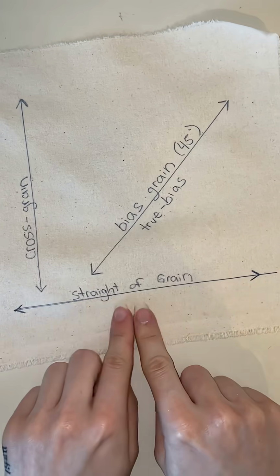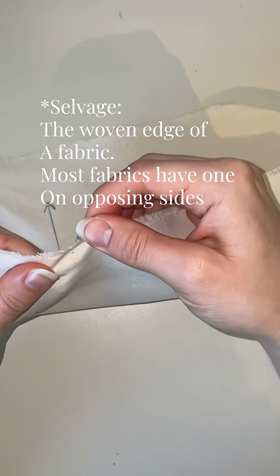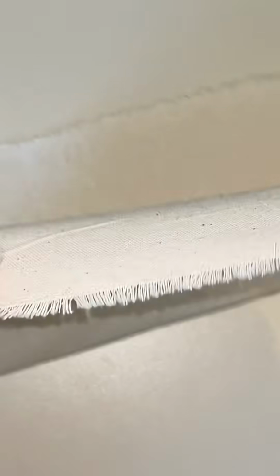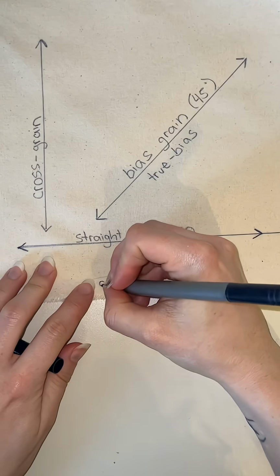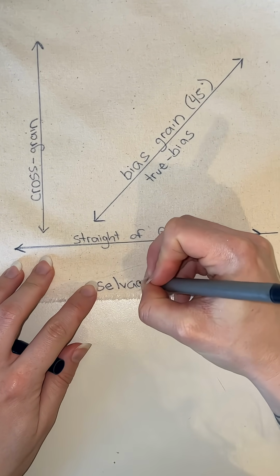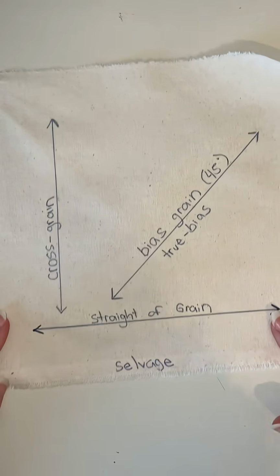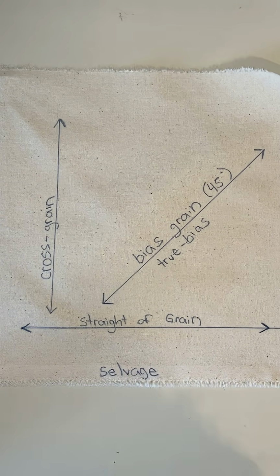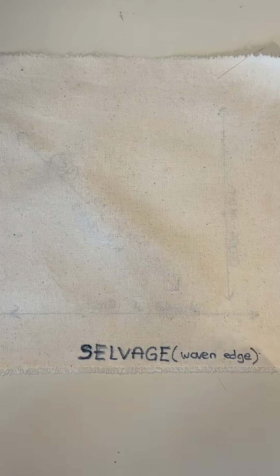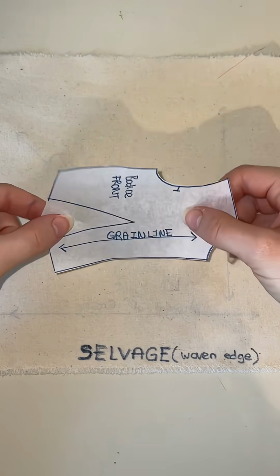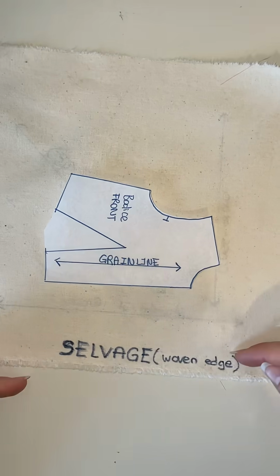You may be thinking, what's a selvage? Well, that's the woven edge of most textiles. It can come with a little fringe or without, but it doesn't fray when you pull on it. The selvage edge is important because this is our straight of grain and the most reliable grain you'll see in woven textiles. When placing patterns down, we have to make sure that our grain line and selvage are perfectly parallel,